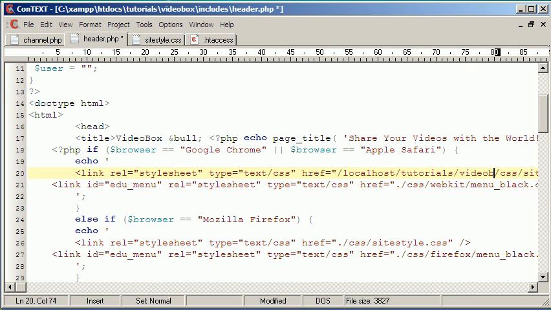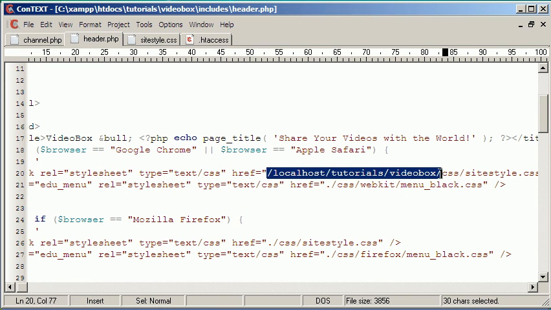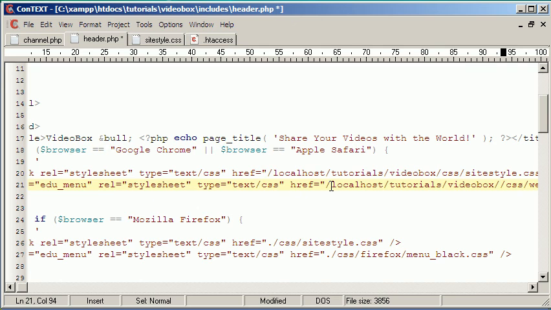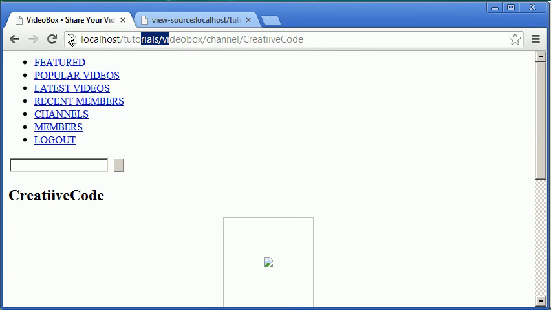And we need to do that for all of these, but I'm not going to do that. I'm just going to leave that up to you if that's what you want to do, because obviously your URL will be different. It won't be localhost /tutorials /video box, but I'm just going to show you that's how we fix it. So if we reload the page,